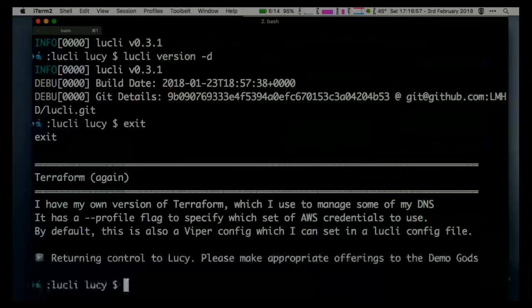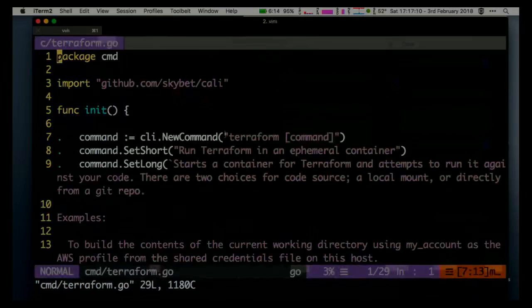Terraform again, I'm going to use this as an example, mostly because I really like Terraform. And I use this myself to manage my live DNS records. So what does this one look like? This one is slightly more complicated. This one actually does use a Docker container. So again, command is a new command from this CLI. I'm setting